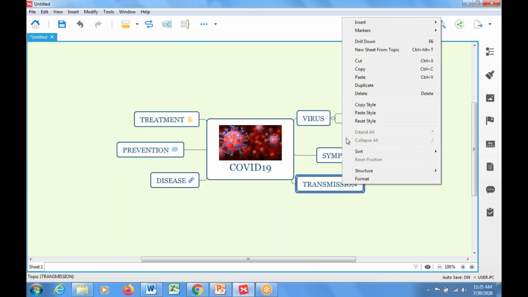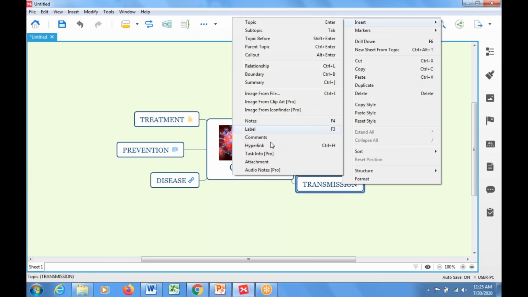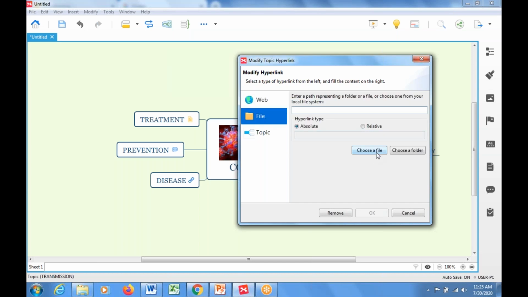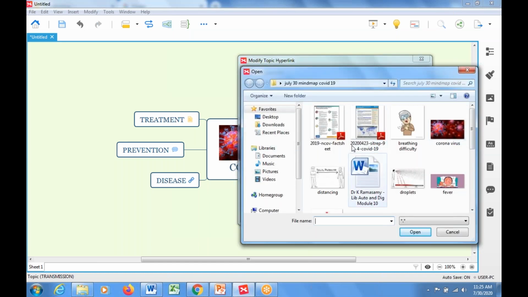Otherwise, for example, go to insert, hyperlink. See, for example, you have downloaded something in your computer, maybe later point of view you want to revise for yourself, so you want to give a link to a file which is available in your own system. So what you can do is that click on file and click on choose file, and you can decide which file you want to give a link to.